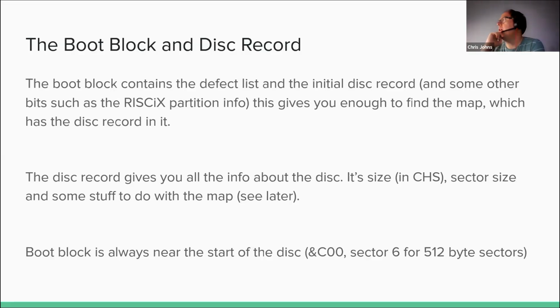Technically, there are 2 disk records. There is one in the map and one in the boot block. The one in the boot block is only supposed to give you enough information to find the one in the map, but normally they're the same, because having written the one in the map, you might as well write the same one to the boot block. It's got some odd stuff in there, like, is the disk 40 tracks? It's not being very useful anymore. But again, another sort of nod to its heritage, what it was for. There's also in the boot block a little bit of information that was there for RISC-X,